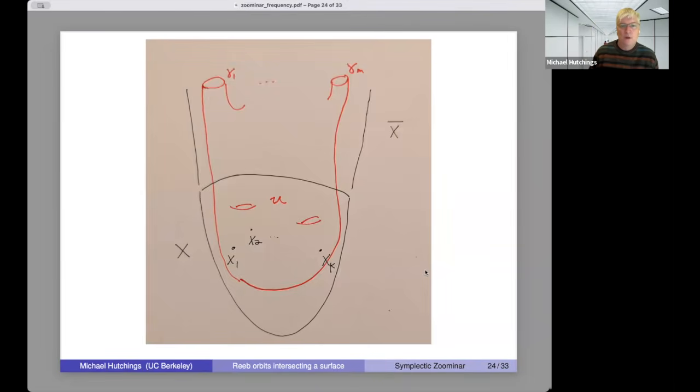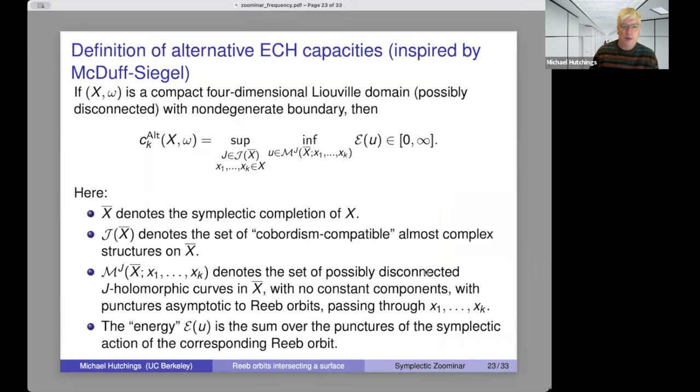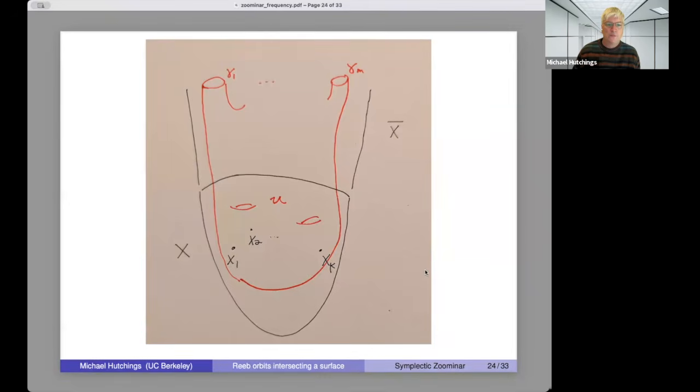All right. And this was inspired by a construction of McDuff-Siegel for some similar things, which instead of looking like ECH, look like rational symplectic field theory. Okay. But compared to the